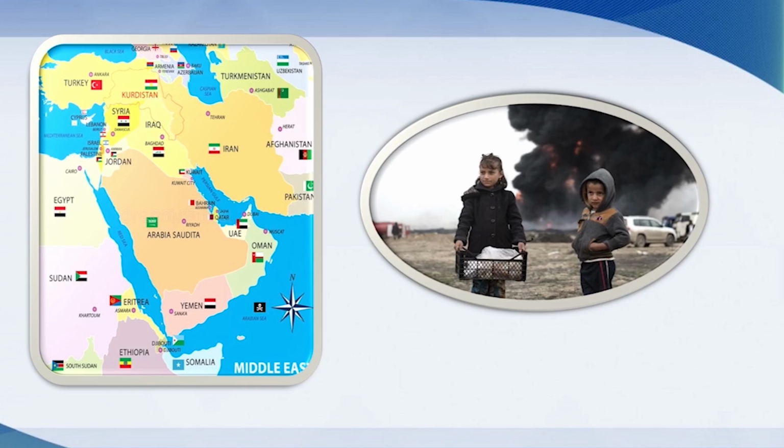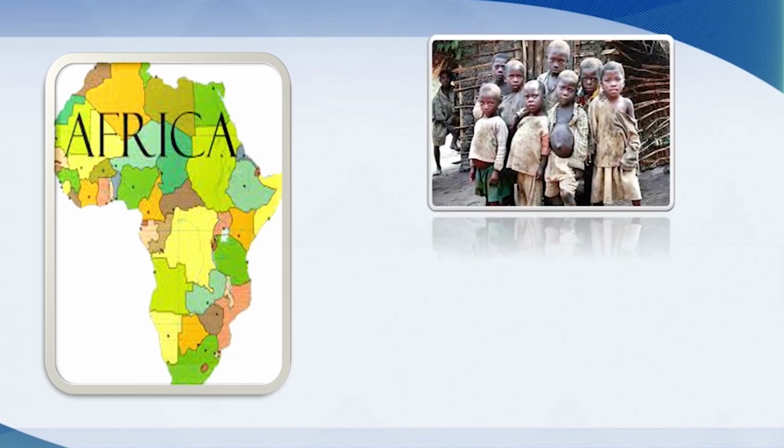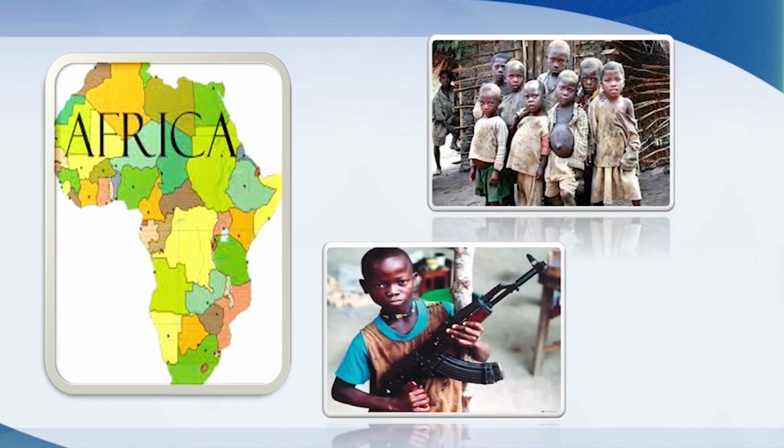In the last decade, we needed various emergency programs that respond to wars and conflict-affected children in these countries. On the other hand, some African countries are affected by poverty, diseases, and even conflicts. Health, food, and emergency programs are being provided to children in these countries as child protection responses.